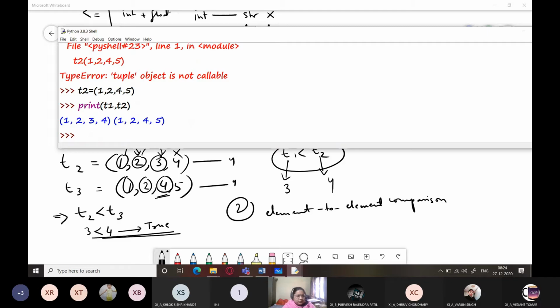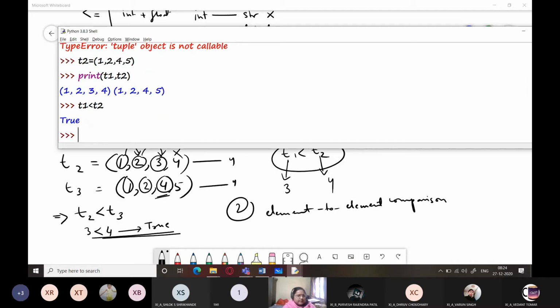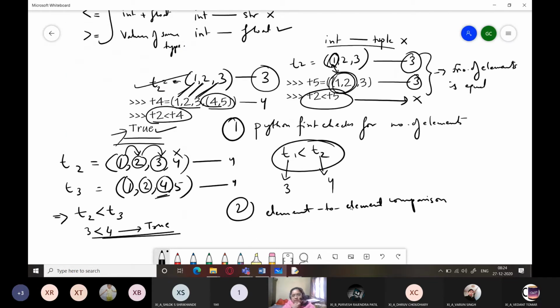You can see the first one is T1, the second one is T2. If I write T1 less than T2, it will give me True, because 3 is less than 4. The first two are equal, 3 is less than 4. Got it? So this is how comparison between two tuples is done.